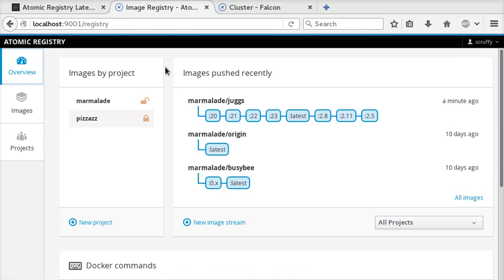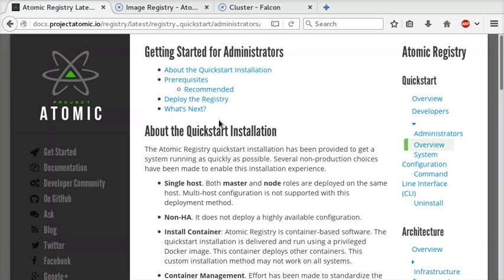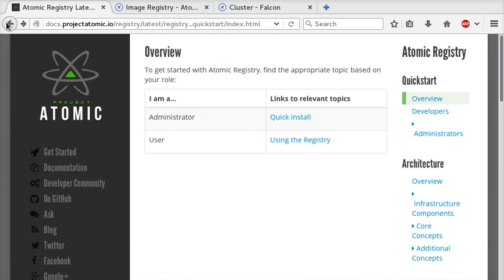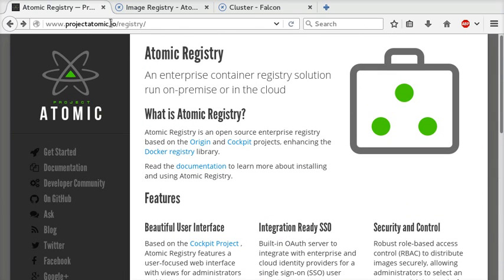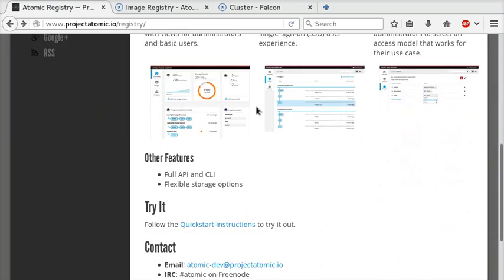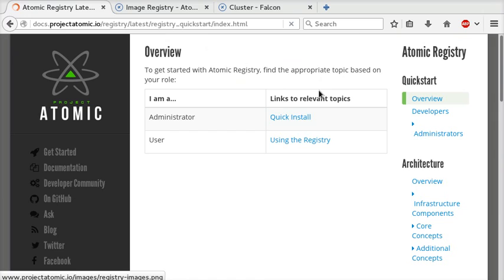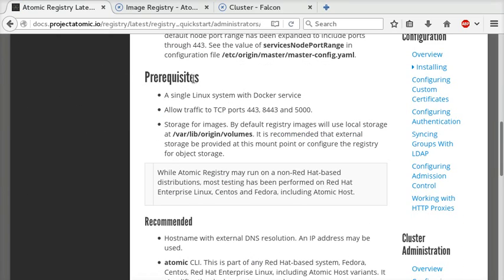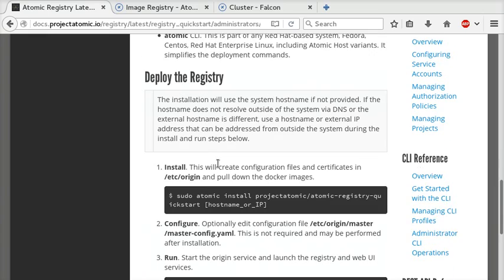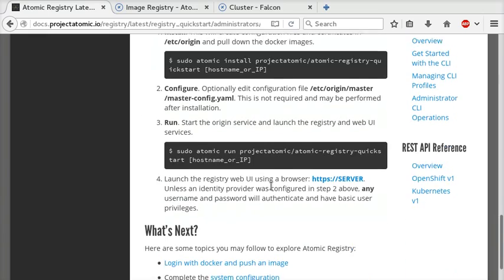If you want to deploy this image registry without deploying an entire cluster, let me go back. Here's the URL, projectatomic.io/registry. And it gives you information, quick start instructions as administrator or as a user, how to go through and what the prerequisites are, of course, and how to start deploying this on your machine,